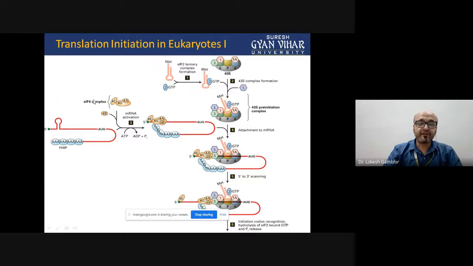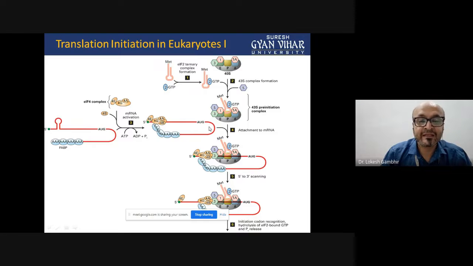Now the initiation factor 4 complex will come along with 3. What 3? The EGA. A is the helicase, and E and G are the proteins. The E will go and bind to the 5 prime cap. G will go and bring this poly A binding protein close to E, so that a loop is formed, as we had discussed in the earlier slides. And also there is a 4B, and this binding is mediated at the expenditure of an ATP molecule. So what has happened now, the initiation factor 4 complex has bound and resulted in a loop forming structure. Now this loop will be going and attaching onto the ribosome.